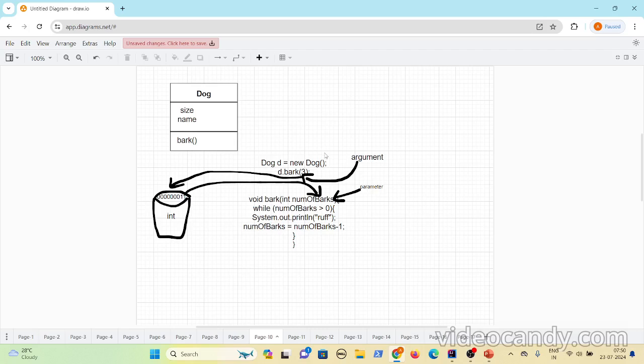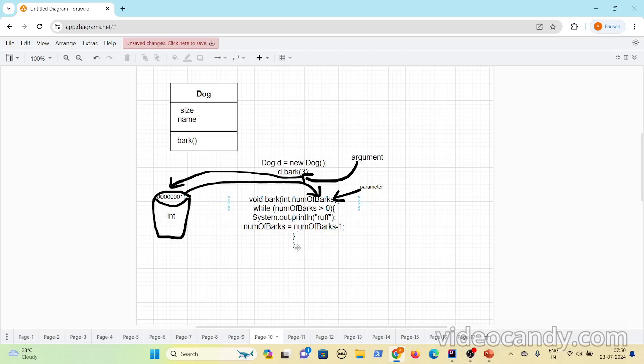That 5 times or 6 times is according to the user. The user can pass how many times the dog should bark. Now in the bark method, we have the parameter number of barks, and using this while loop, however many times the number of barks value is there, you can make the dog bark.